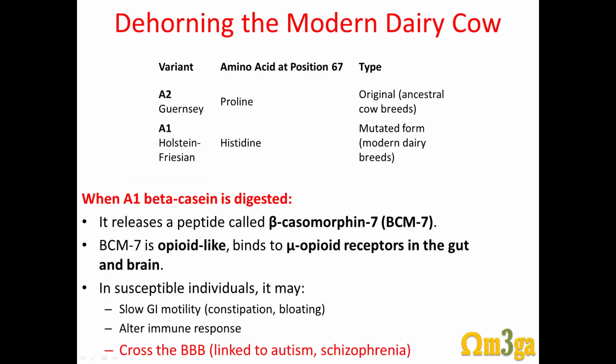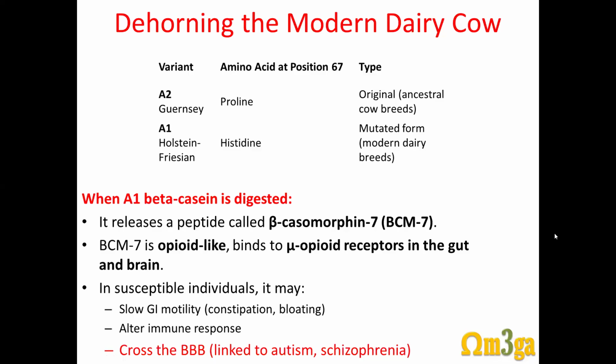So the A2 versus A1 milk is a problem of our modern cow. So when they started breeding them, dehorning them, so cows used to have a lot of big horns, African cows, right? And that's a big problem. They can hurt each other, can hurt the host. So they started breeding these Holstein black and white Friesian cows, and they mutated to this A1 type of milk where the casein is very inflammatory. It releases a peptide called beta-casomorphin 7, and it's an opioid-like